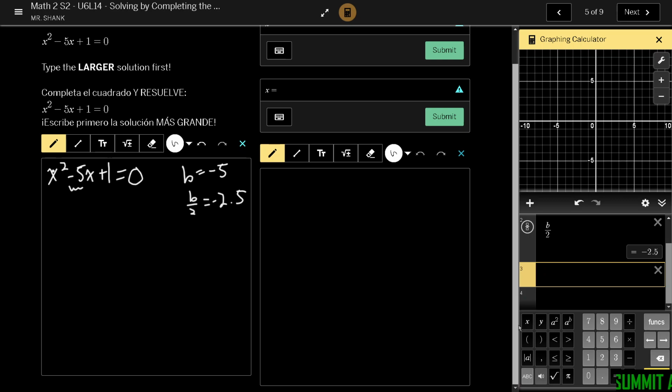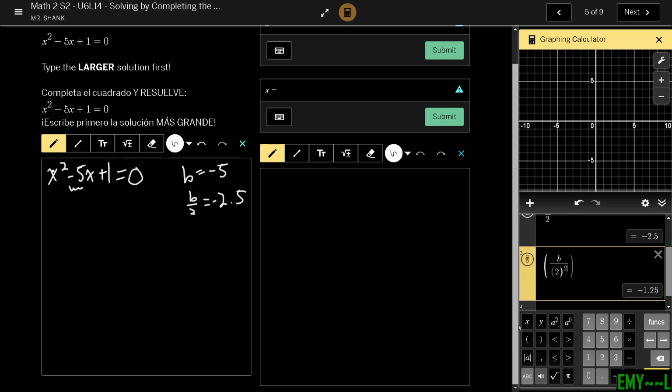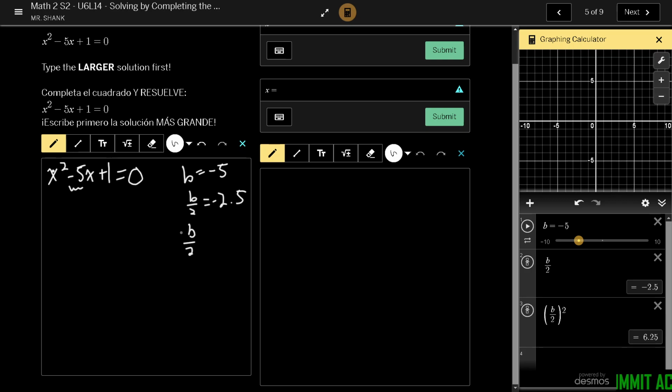And then I need this entire thing squared. So I have b over 2 exponent 2. Make sure the exponent's in the right space. Okay, so now it's going to say b over 2 in parentheses squared equals